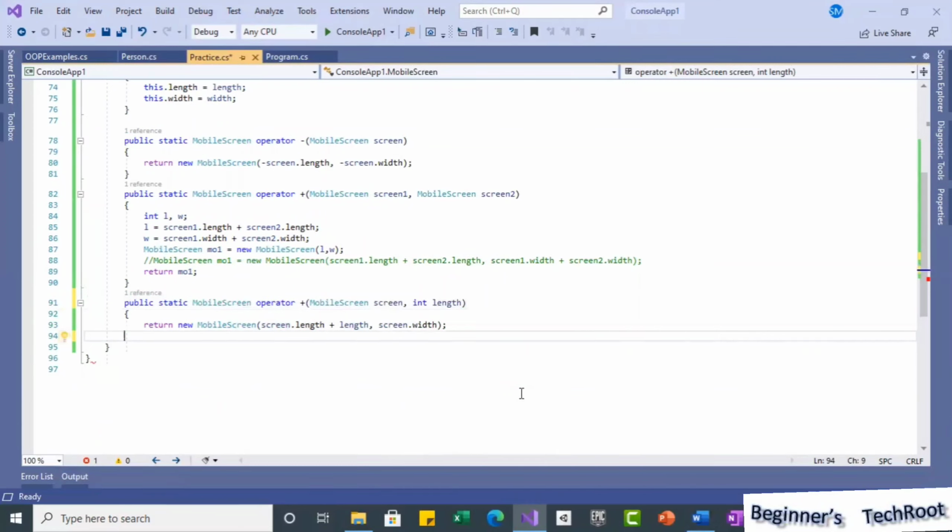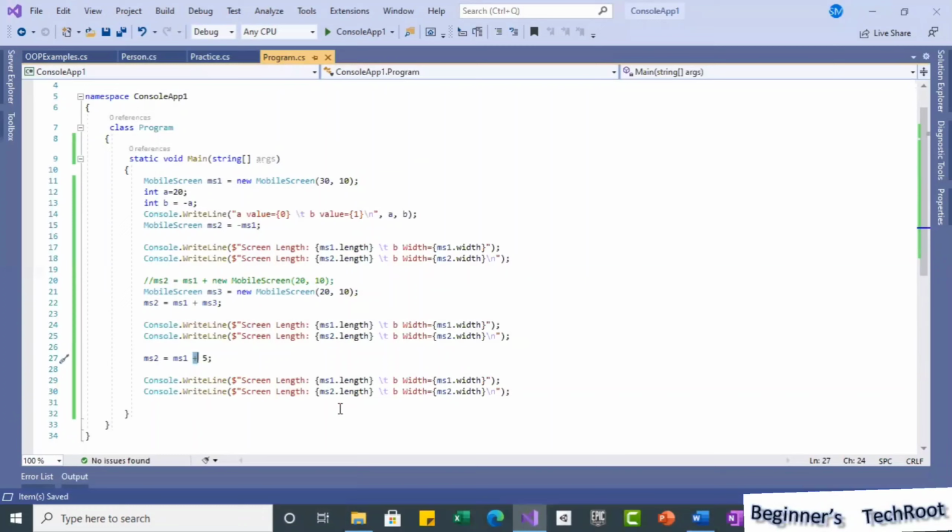Something we remove. Yeah, so that is the error. See how we can test it, how that implicit implementation will happen automatically, and how we can check it if we want to see it. Okay, so what I can do is take once again the same ms2 object variable and reassign. Okay, what I will do is plus equal to